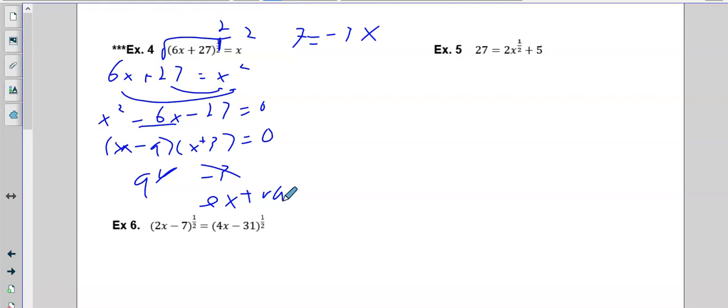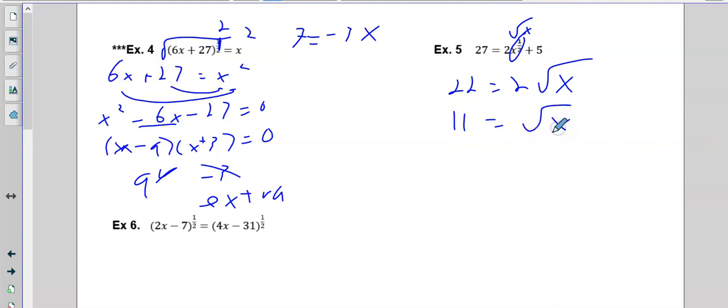Example 5. Sorry, well, it's numbered 5. I need to get this by itself. Now remember, that's the same thing as square root of x. So I'm just going to subtract the 5. 22 equals 2 square root of x. Divide by 2,